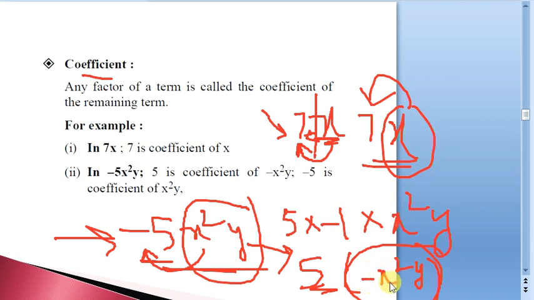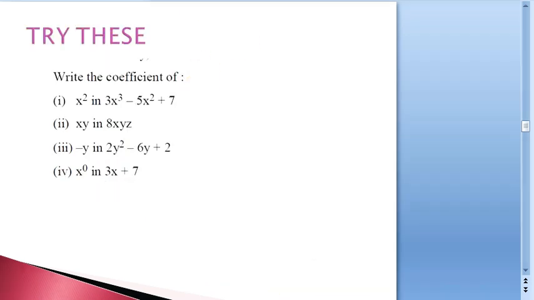For minus x square y, already we are taking this minus to this particular part. Again, we need to take this particular minus for this 5. So that is why 5 is going to be the coefficient for minus x square y. In particular, that is going to be a numerical coefficient if you observe.